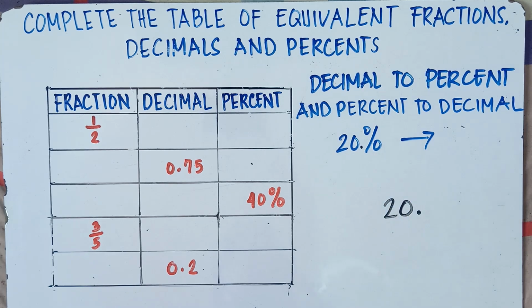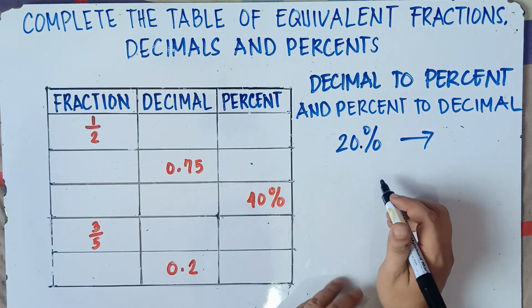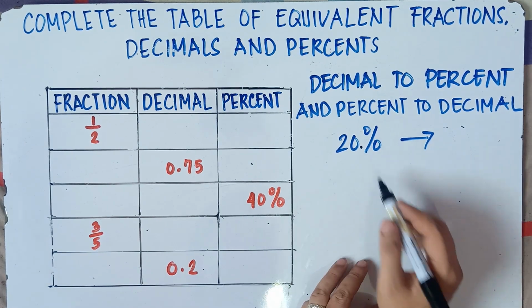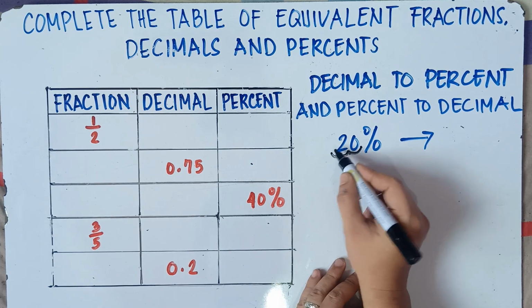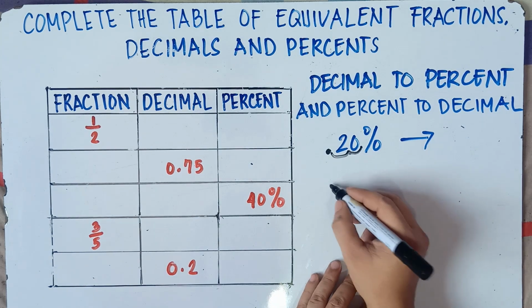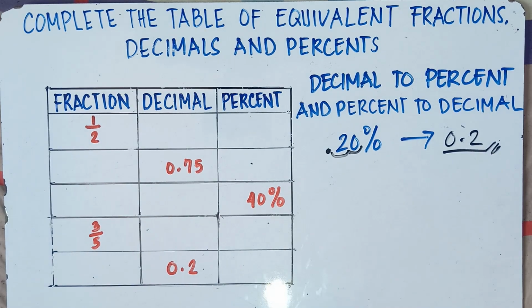If you want to convert this percent into decimal, you do it in reverse. A while ago, left to right. This time, converting percent to decimal, that would be right to left. 1, then 2. That's it. Put the point, and that would be 0.2. Alright, let's have another example, class.